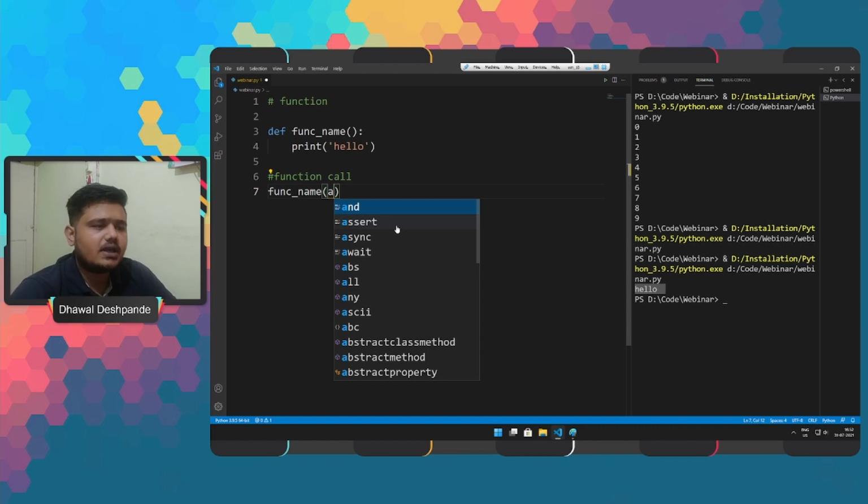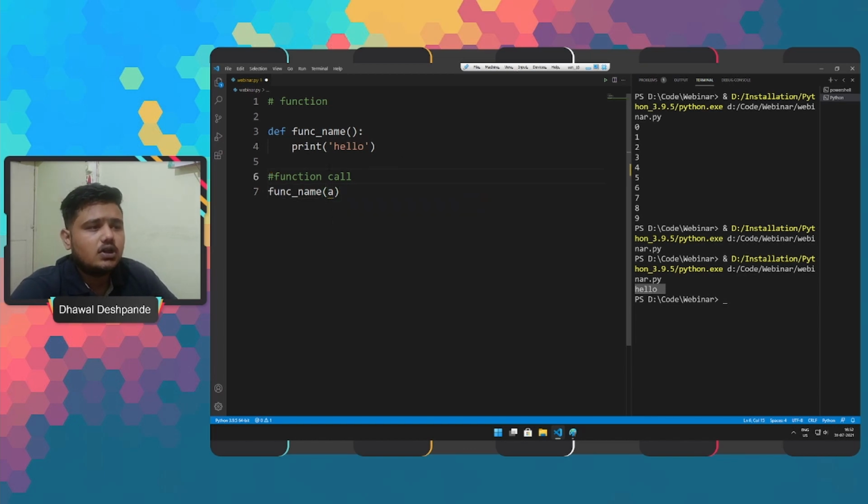Here it can be a string, a variable, it can be anything, it can even be a file that we pass through here, right? However, this particular function call will be correct if, while defining a function, we are providing an argument here as well.